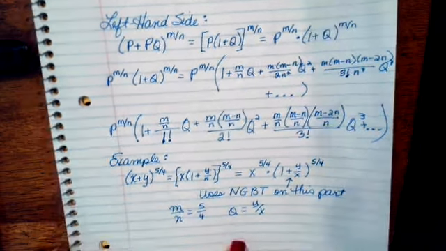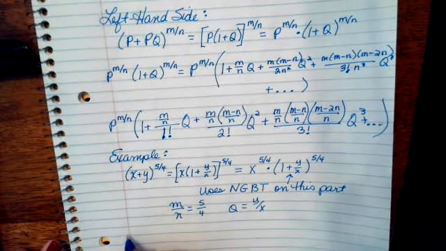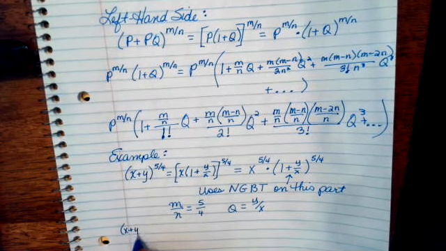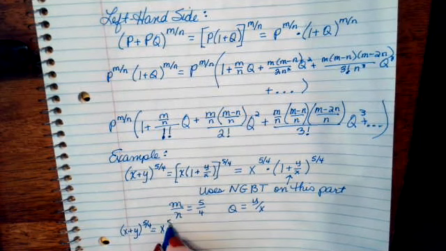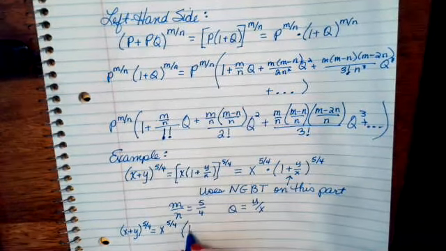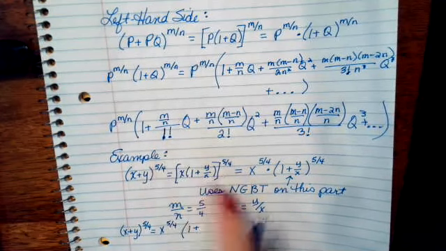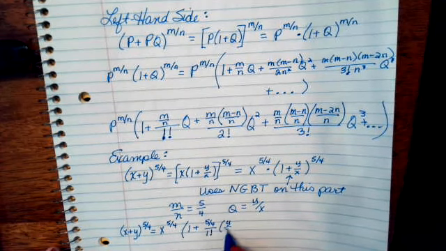So if I did that, let's just take these first three terms. What I'll end up with is x plus y to the 5/4 power will be x to the 5/4 times 1 plus 5/4 over 1 factorial times y over x to the first power